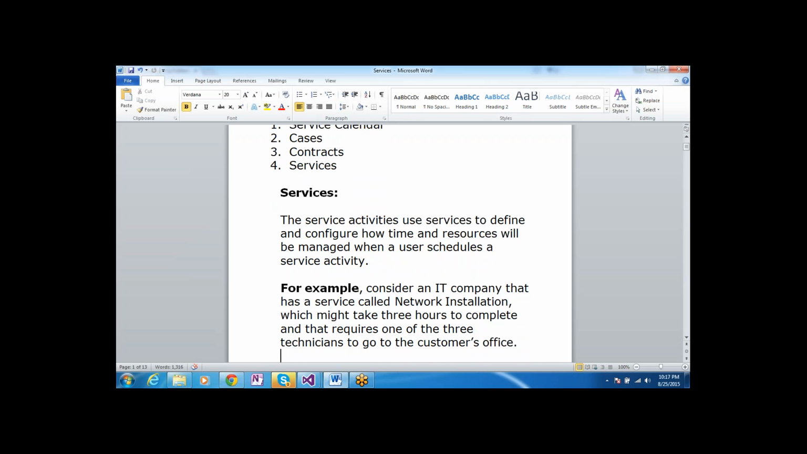So what is the meaning of a service? A service is nothing but you are providing some service to the customer. For example, in our regular corporate office, so if